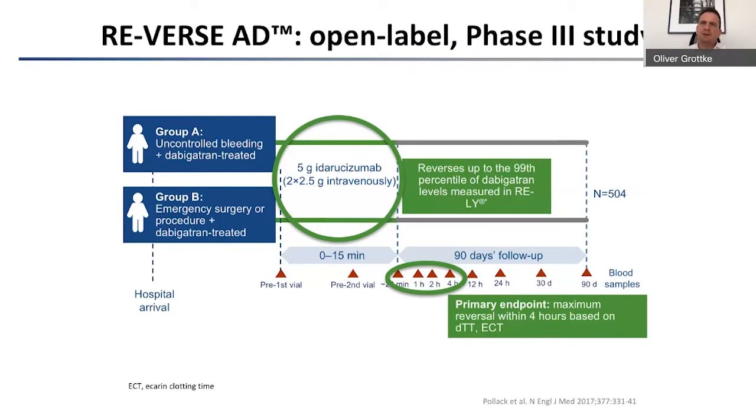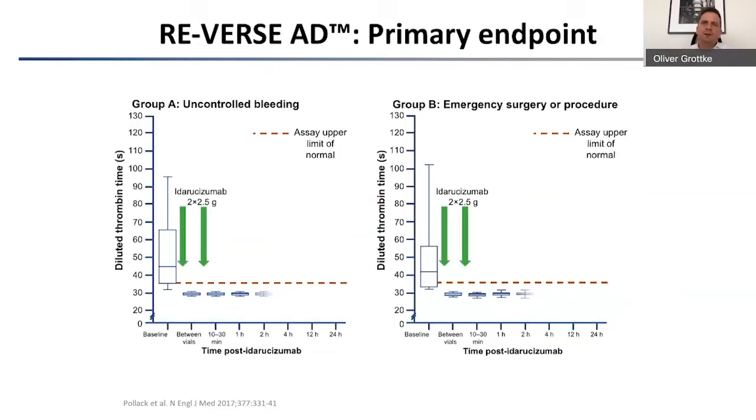So the licensed dose is 5 grams idarucizumab. Patients were followed up here for 19 days, and a total of 504 patients were included. The primary endpoint was a laboratory endpoint, the diluted thrombin time, and you can see this here for group A and group B. Before giving the idarucizumab, on average, the level was about 150 nanograms per mL, so it was